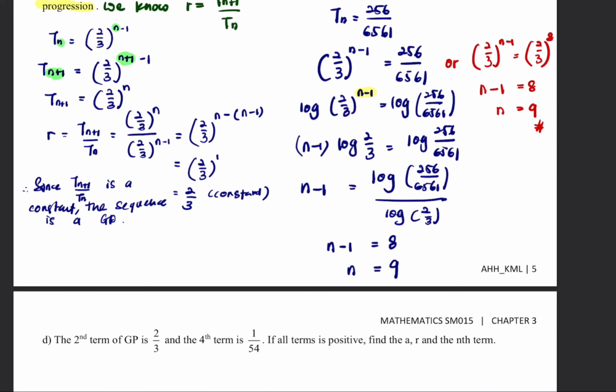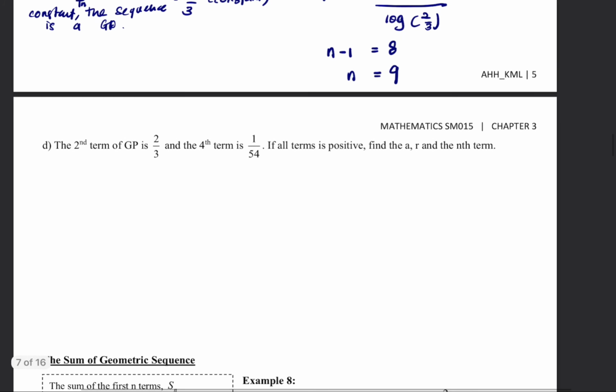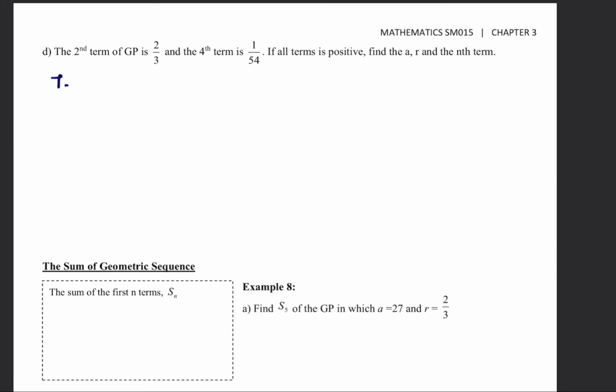So the next example, last example for the nth term, we have the question said the second term of GP is 2 over 3. Okay, macam biasa, sambil baca, sambil tulis. The second term of GP is 2 over 3. The fourth term of GP is 1 over 54. Fourth term is 1 over 54. If all terms are positive,